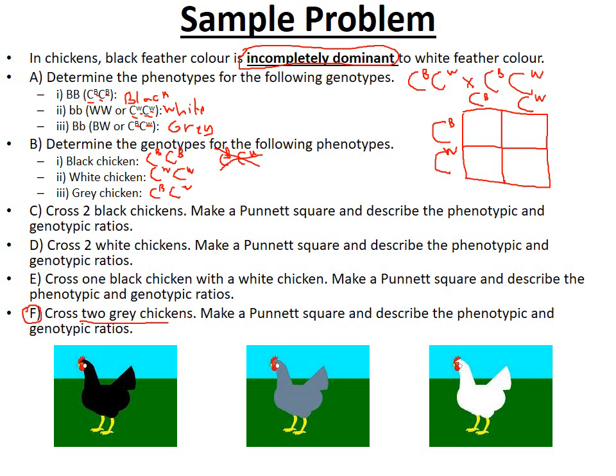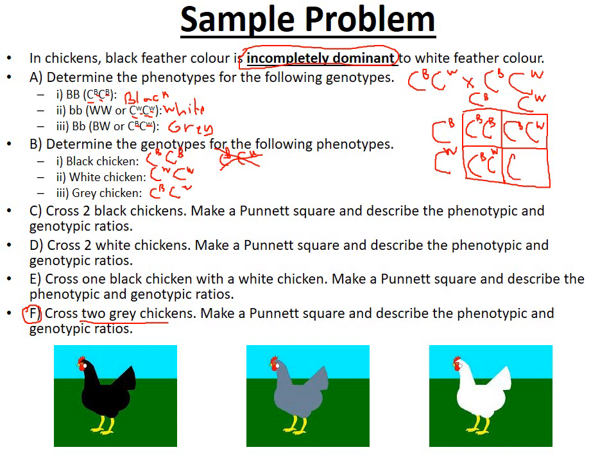And then you simply match them in the squares. So here we have CB CB, here we have CB CW, CB CW,